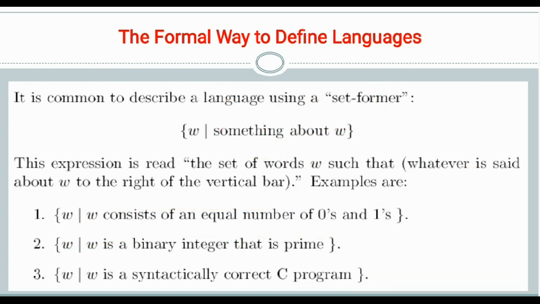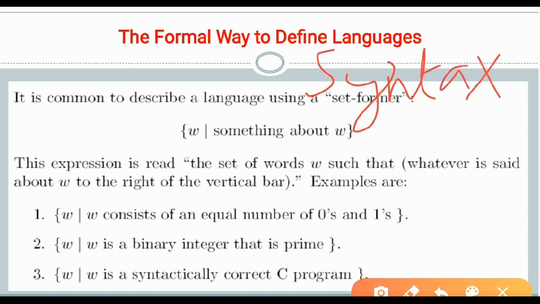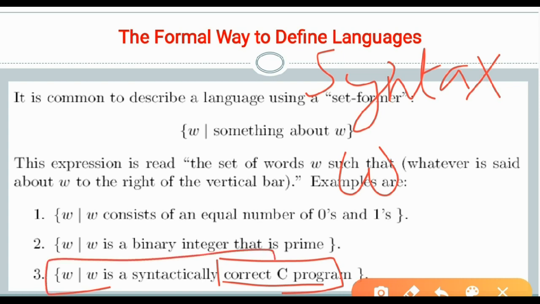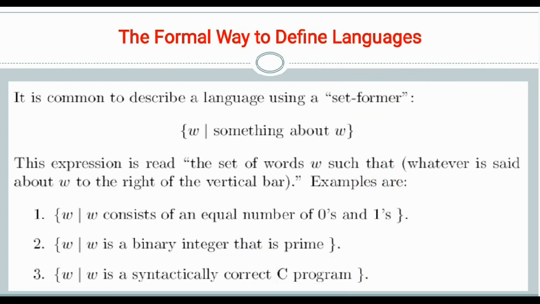And coming to the third example, w / w is a syntactically correct C program. Syntactically correct C program means whatever syntax representations exist in C programming; you may take any keyword or word w, and w should be syntactically correct. You know the syntax. So I am taking the printf syntax. I can write printf